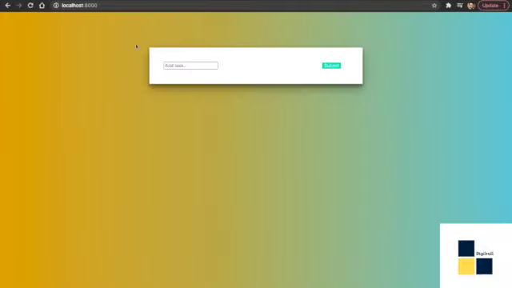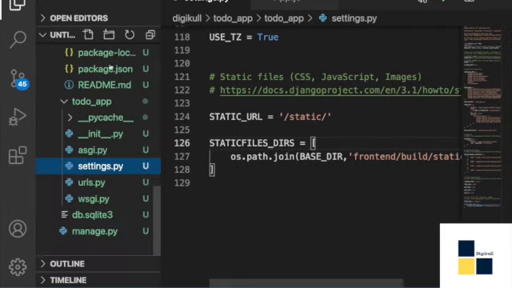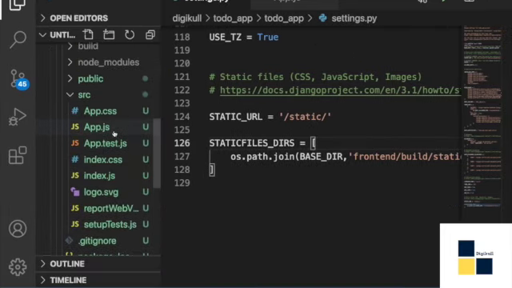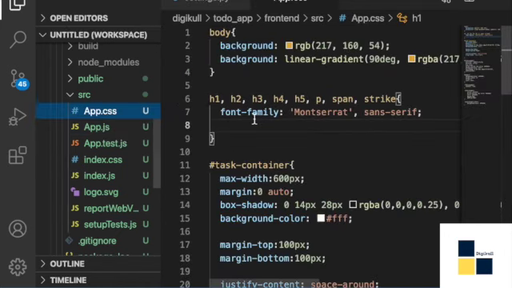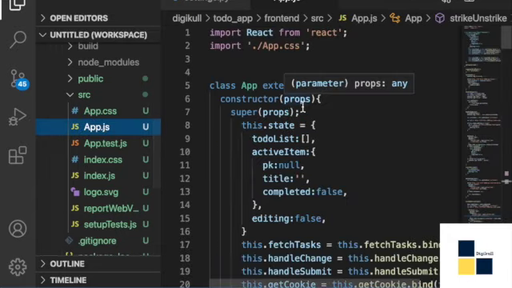So if I refresh this now, you can see a React app is created. This CSS I have created beforehand. The code I'll be sharing. This CSS is just some lines of code which you'll get in the GitHub repository or any zip folder which I'll be sharing with this video. You can see it's just some colors and some text boxes.